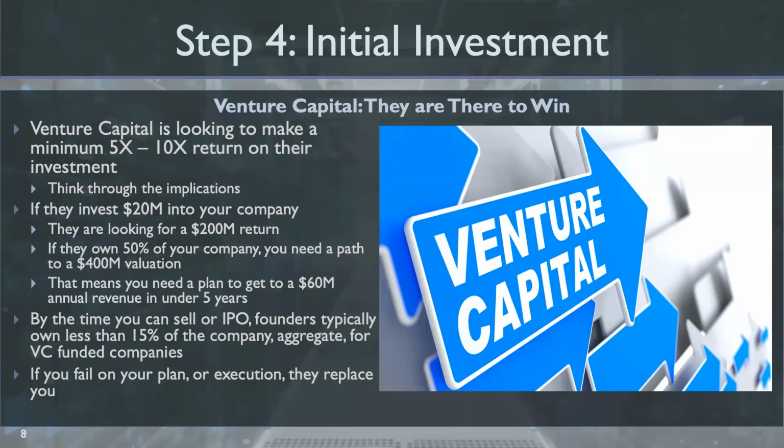All right. So in the example I showed you, if a VC invests $20 million into an A round, they're looking ideally for a 200 million return. They might be happy enough with a 150, 170 million return. So if they own 50% of your company, then you need a path to a $400 million valuation, right? Because the VCs want a 200 million return on their 50% ownership. To justify a 400 million valuation, let's assume a 7x or 8x revenue multiplier, that means you need a path to getting to 60 million in annual revenue at a reasonable earnings